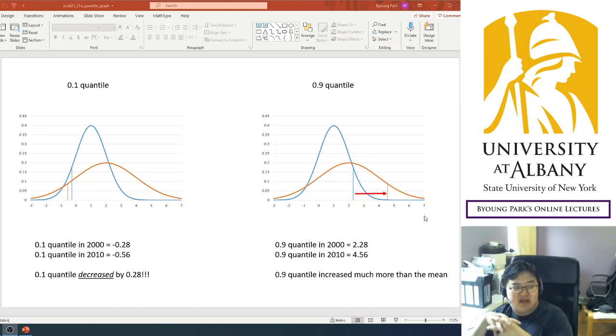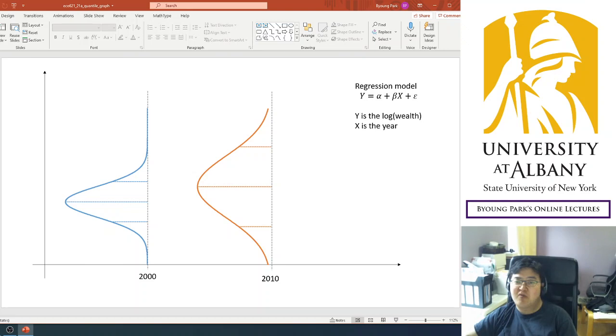So as you see in these examples, looking at the mean is not everything. Even if the mean increases, there may be some people who get different effects. So average is just an average. It does not represent everyone. That's the main motivation of using quantile regression, especially when you are interested in inequality or dispersion. And then, using this example, if you put them in a regression model,